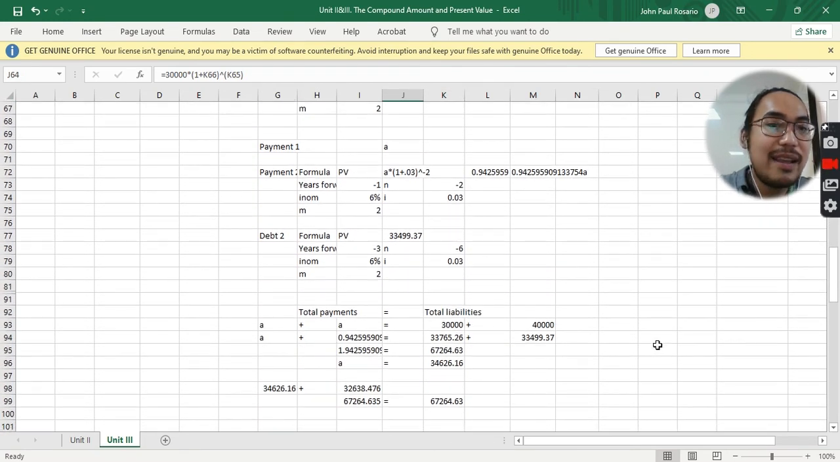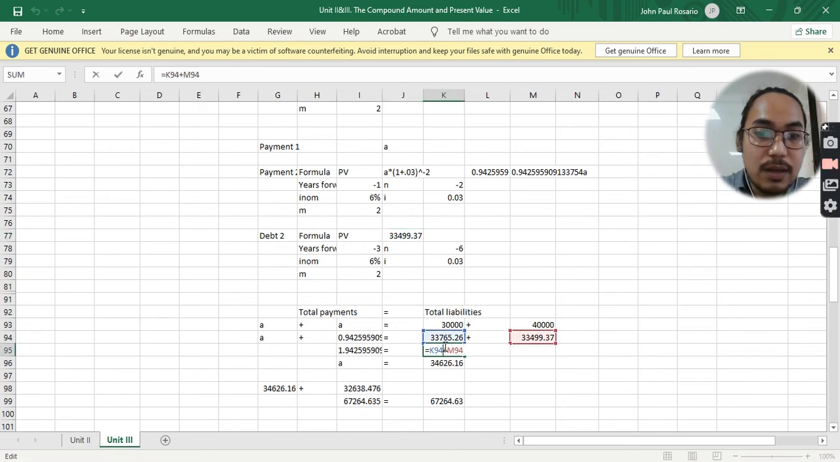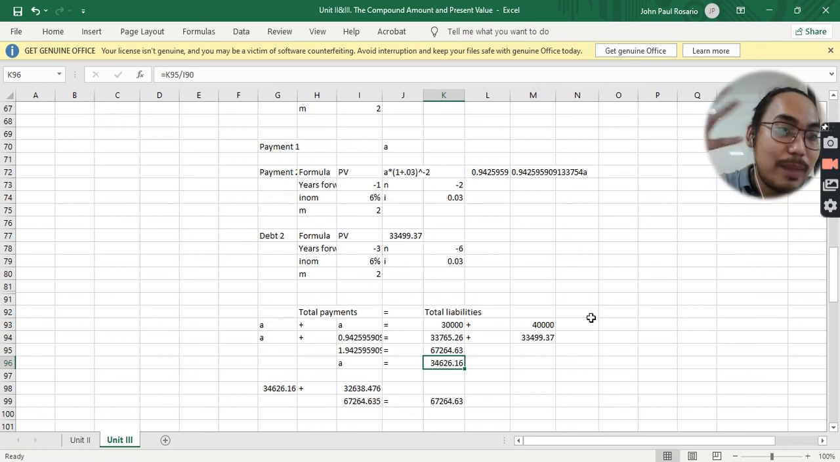And your liability of 40K on year 8 translated to year 5 is now at 33,499.37. So that's a total of 67. And then now our payments, so our